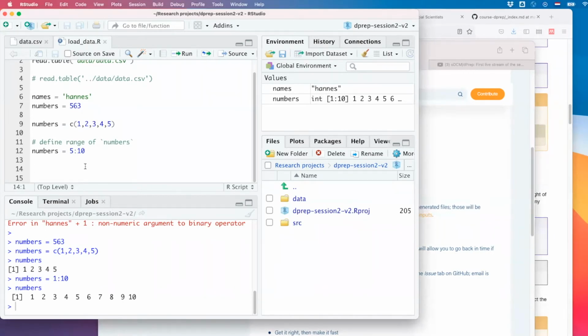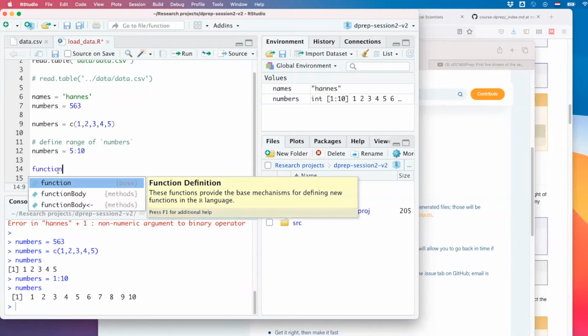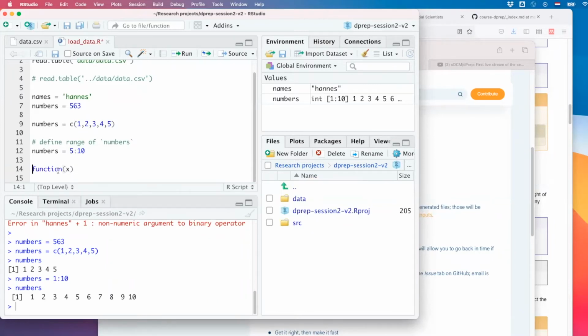R also knows functions, just like Python does as a proper language. So for instance, we can write a function which takes the square root of numbers. Well, actually, that doesn't make so much sense. Let me see. We take a function and we give it a name. Well, let's do something different. We'll make a function that adds 2 to a number. Let me just say plus 2 is a function with argument x, and it should do x plus 2.